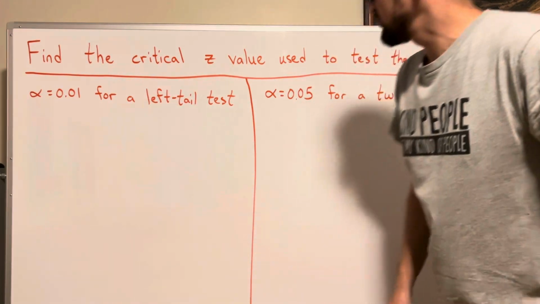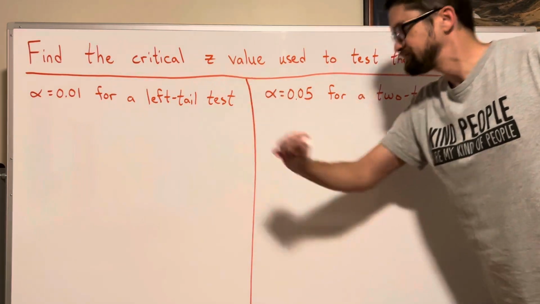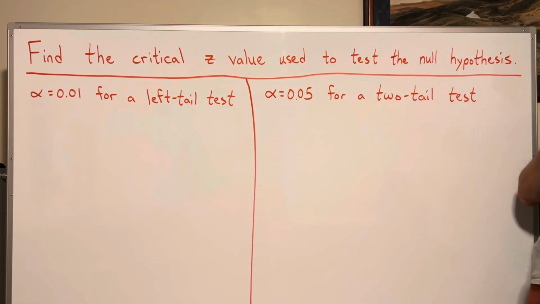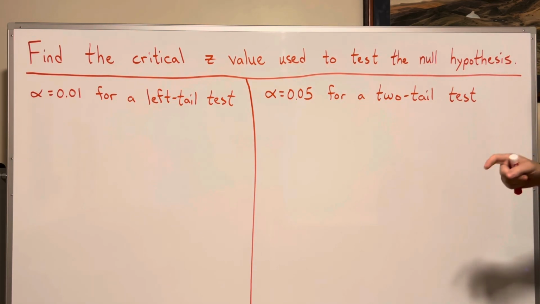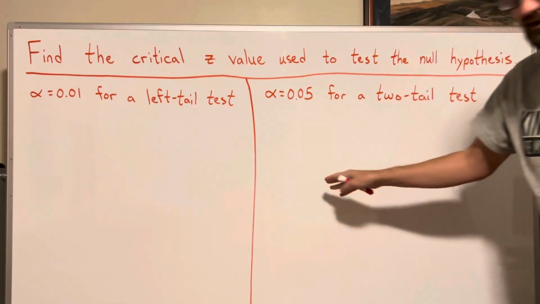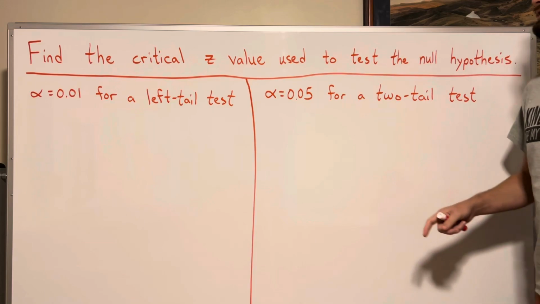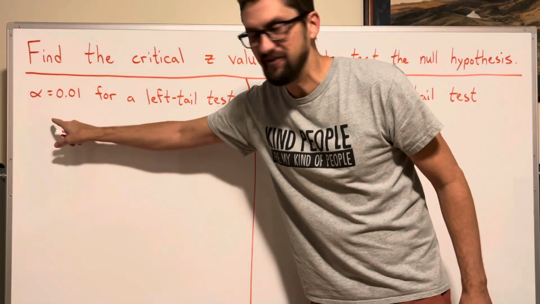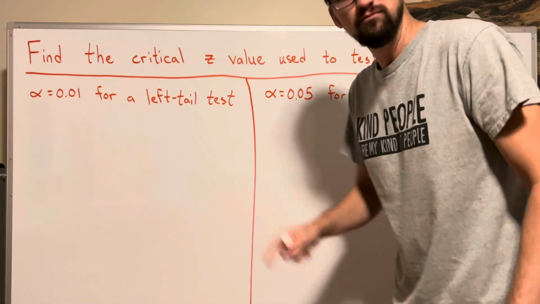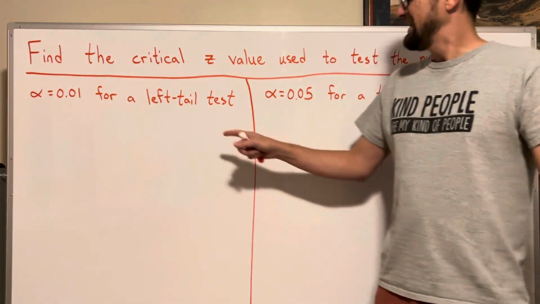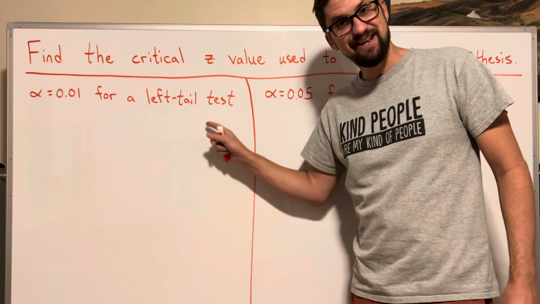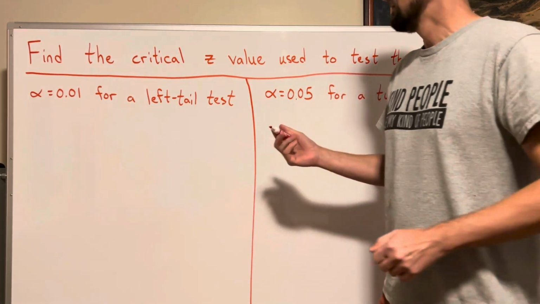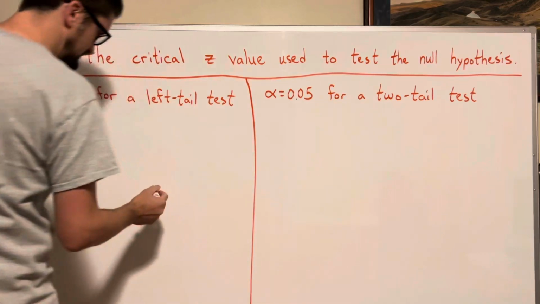We're going to find the critical value, Z, used to test the null hypothesis. I'm going to do two situations. The first situation is when the significance level alpha is 0.01, 1%, and it's a left tail test. Now for a left tail test,